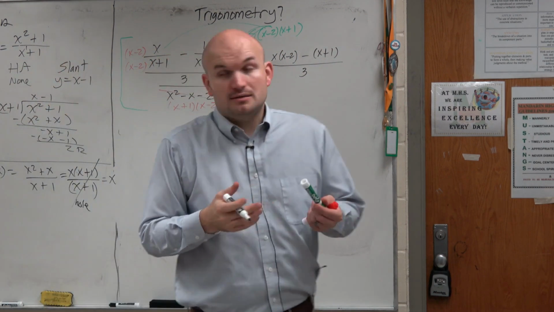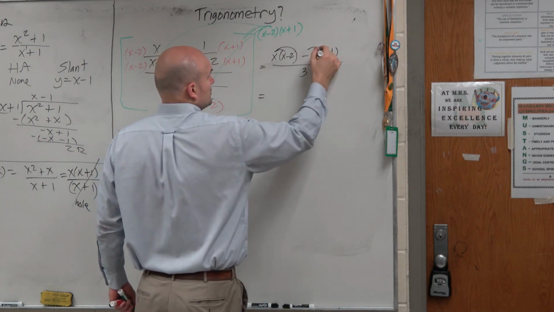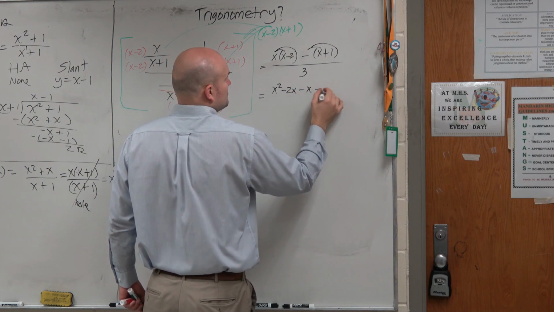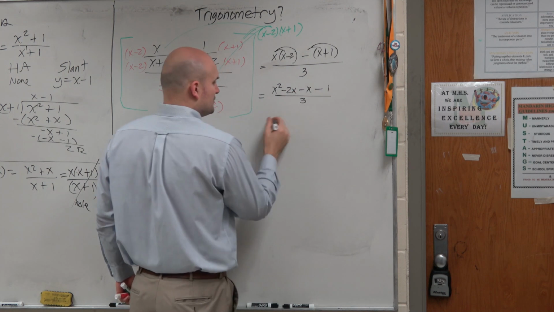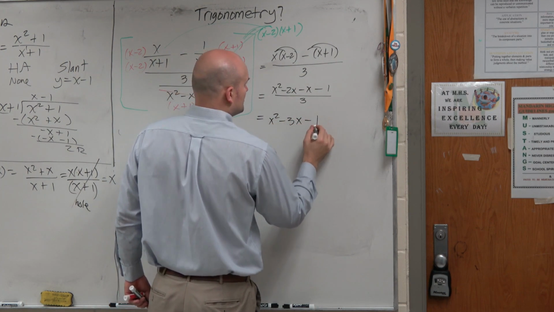Right? And now, can we just go ahead and simplify this to give us x squared minus 2x minus x minus 1 over 3, which is x squared minus 3x minus 1